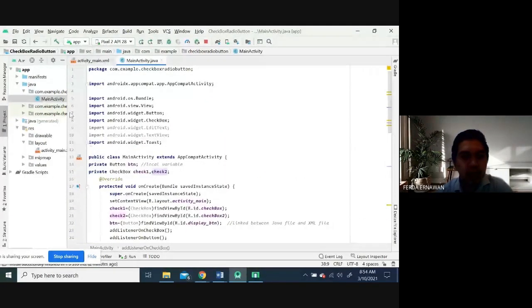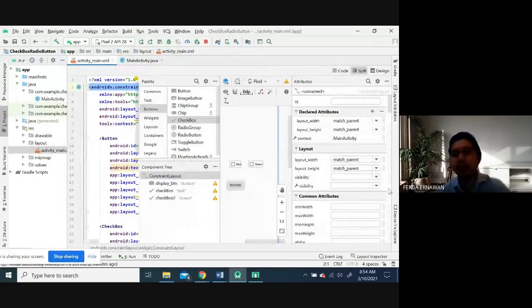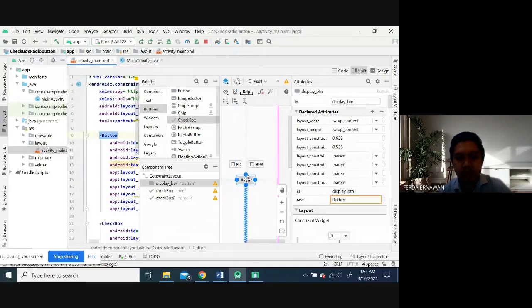Okay, let me add another thing, which is the radio button. In the radio button, you need to add a radio group and the radio button itself.